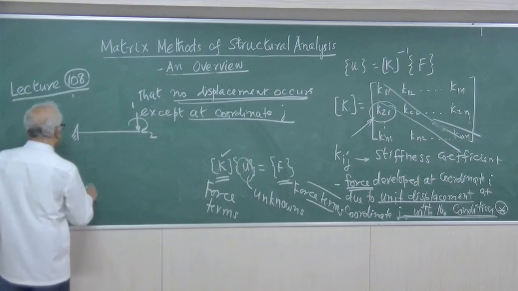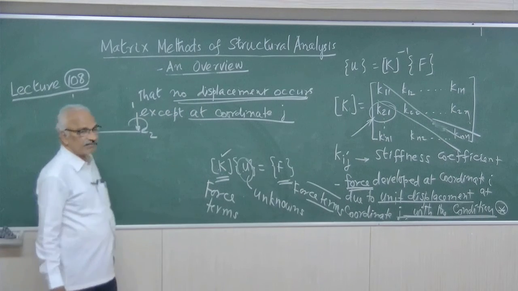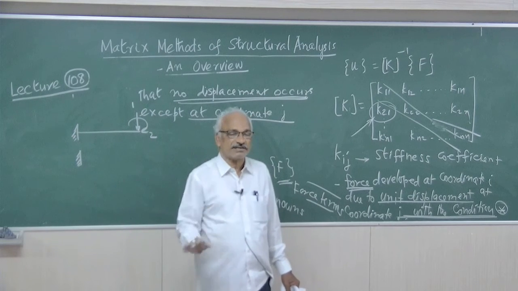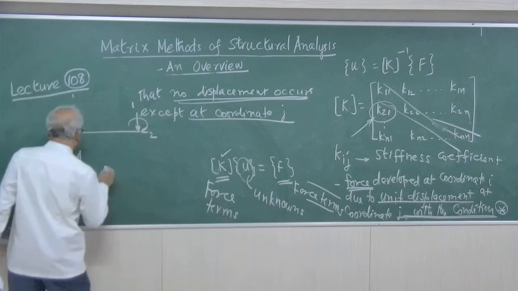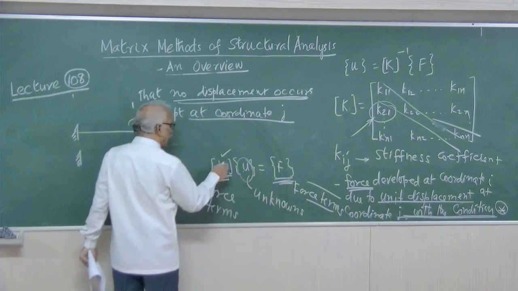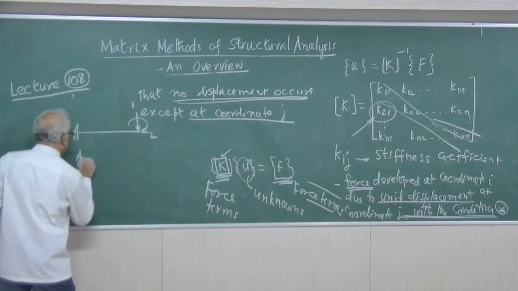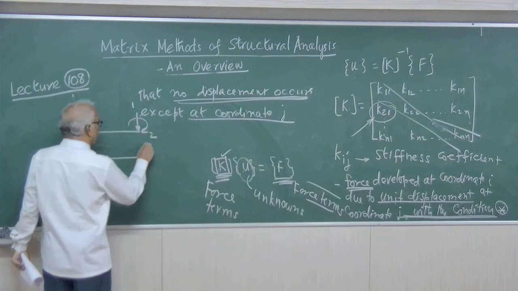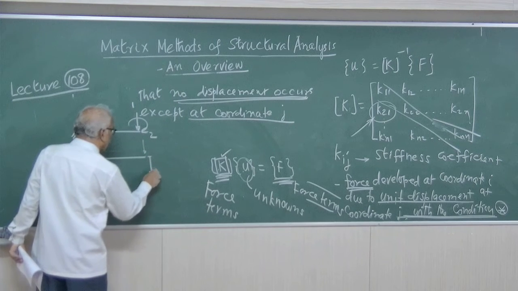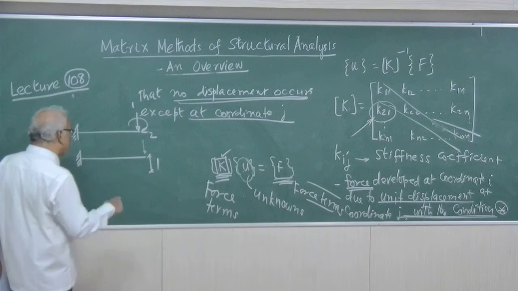Now, we are going to make use of the principle of superposition of displacements. We are going to apply the displacements one at a time and add the effects. On the left hand side as well as on the right hand side, it consists of force terms. All these values are force terms only. So what we do is, along coordinate 1, along that direction you apply unit displacement. Unit displacement. Find out the force causing the deformation.